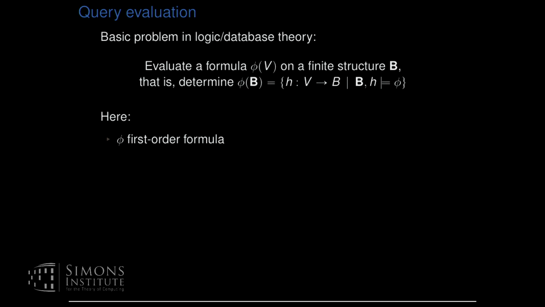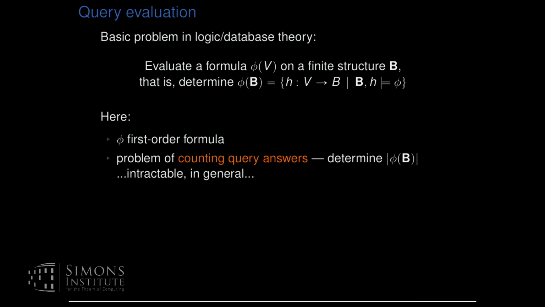And in fact, we're going to focus on the counting version of this problem, which is to determine the number of answers, again, given these two things, a formula and a structure. Okay, this is intractable in general. Just to give a concrete example, the formula is something that might look like this. So in this problem, we'd be given a formula and a structure, which interprets the relation symbols. And we want to count the number of assignments to the free variables of the formula that satisfy the formula